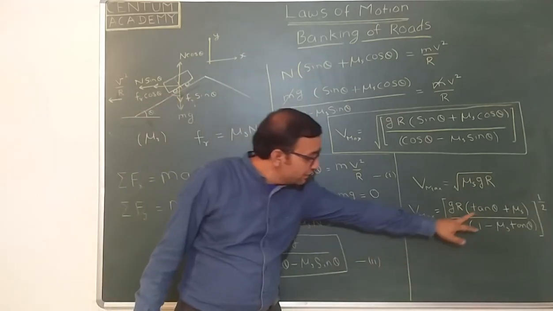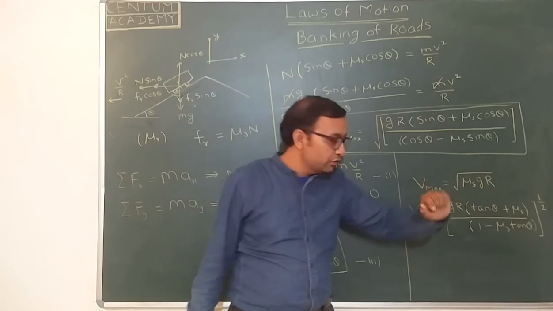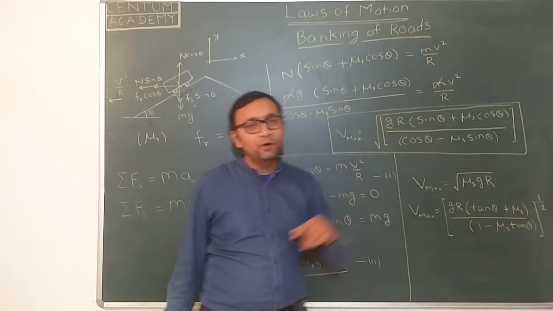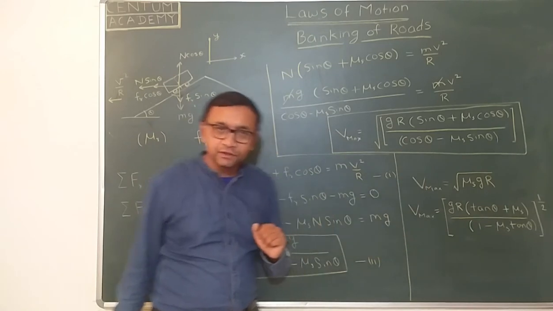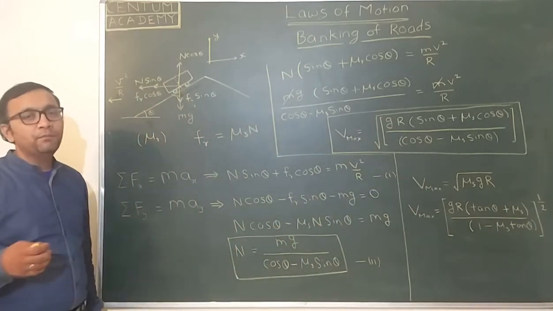So let us check that. When you put theta equal to 0, tan theta becomes 0 and this also becomes 0. So it becomes V max equals mu s gr to the power half, which is equal to this. Okay. So this is what the derivation is for the banking of